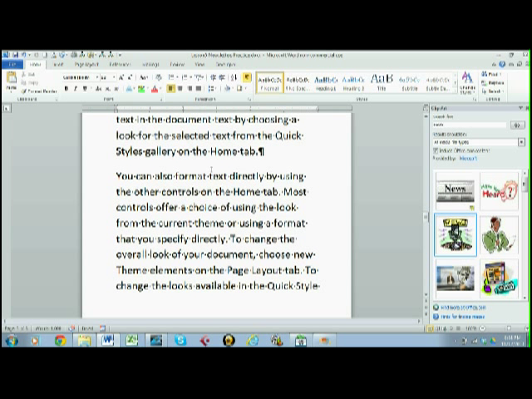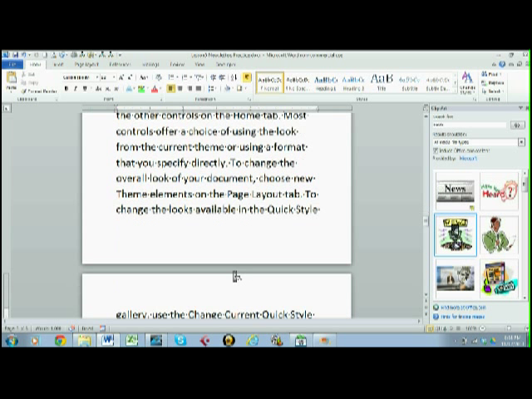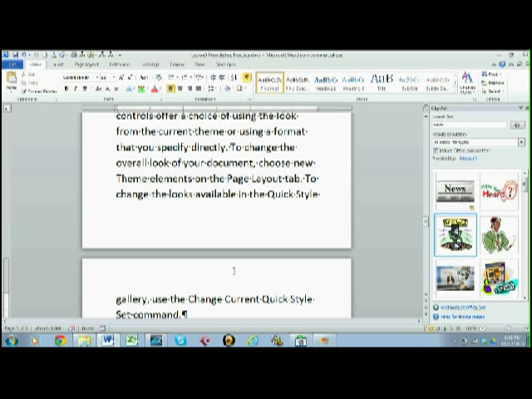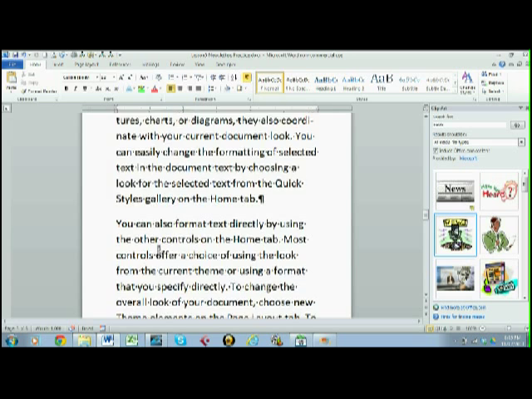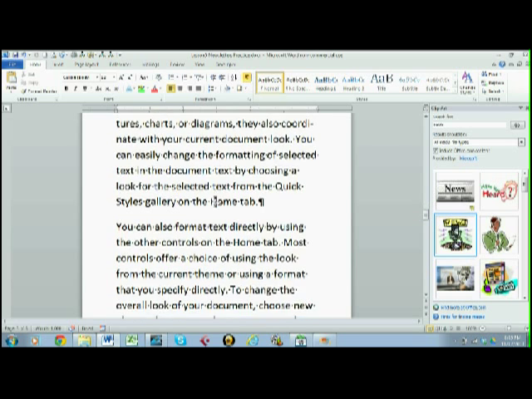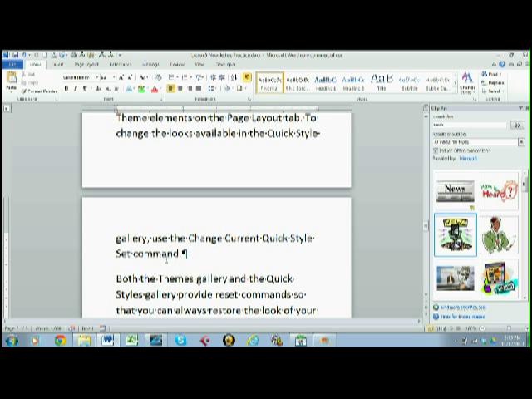Anytime that you have text, grammar rules say that you should never have a paragraph that has one line by itself, either at the top of the page or the bottom of the page. By default, Word turns on widow and orphan protection, and you see that going on here. This paragraph has 2 lines of text put together on the page. If you turn off widow and orphan protection, sometimes you'll have these little sentence fragments hanging around on a page